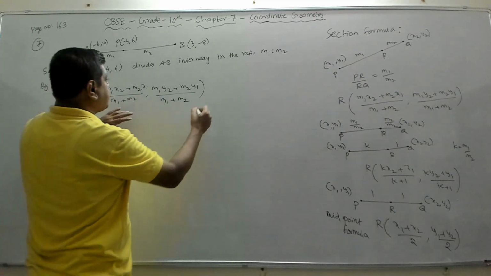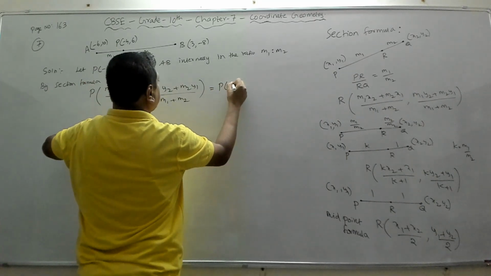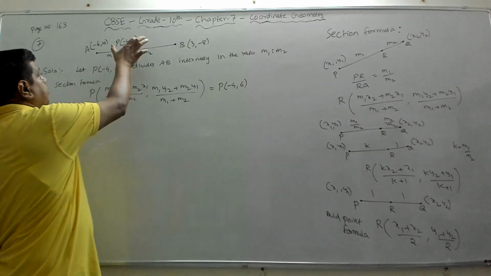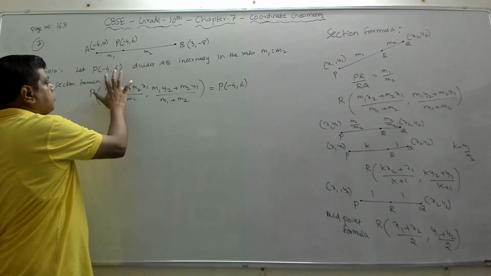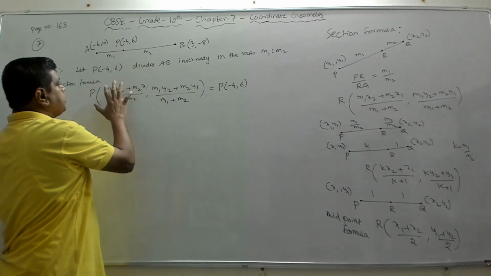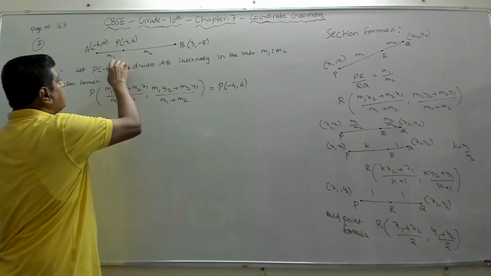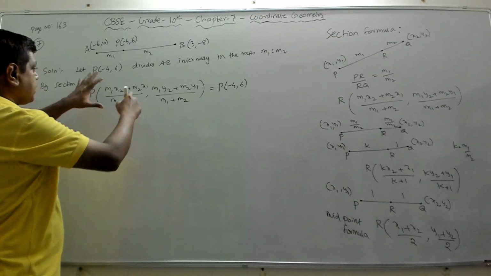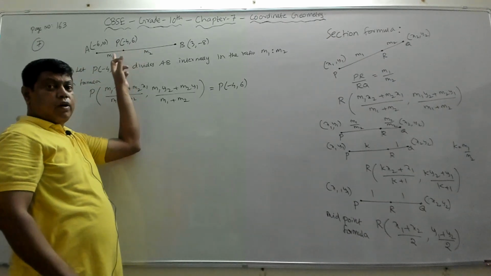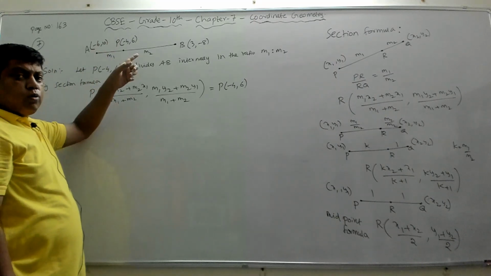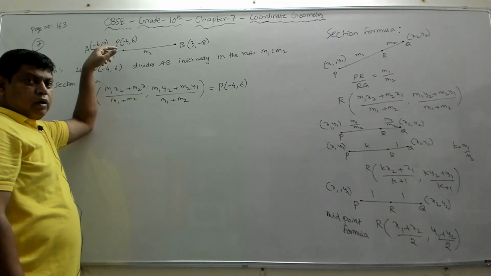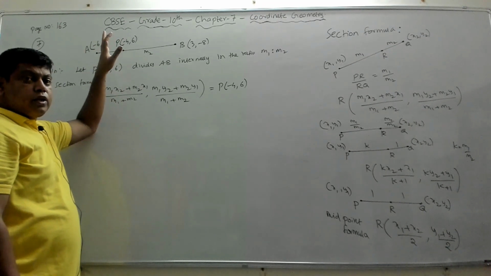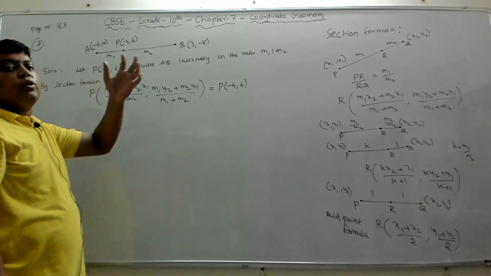Now this point P is the same as this point P of minus 4 comma 6. So this point P can be obtained using the section formula. Which means if we apply the section formula for A and B and m1 is to m2, then we'll get this point P. In the earlier problem, the ratio was given and we had to find the point, which we found. Now in this, the point is given. The point which divides AB internally is given. We have to find in what ratio it is divided.